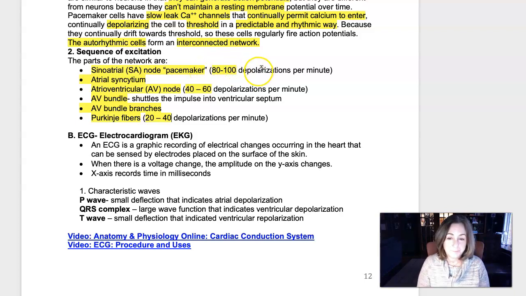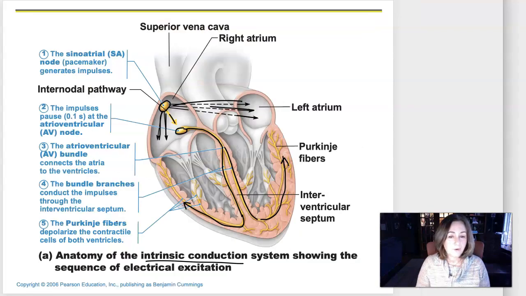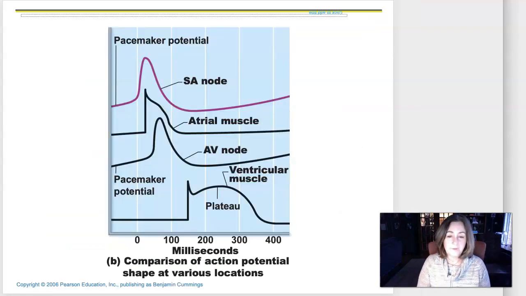It's depolarizing intrinsically between 80 to 100 times a minute. So to jump over to the PowerPoint, here's a graph from the book, and what they're showing us is